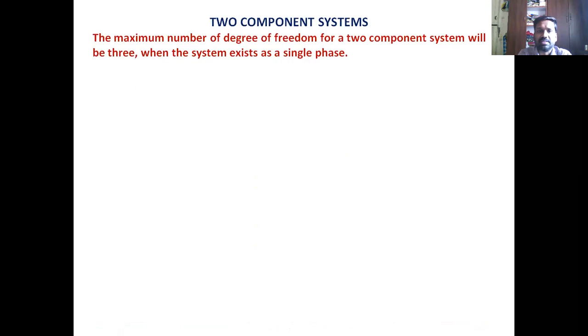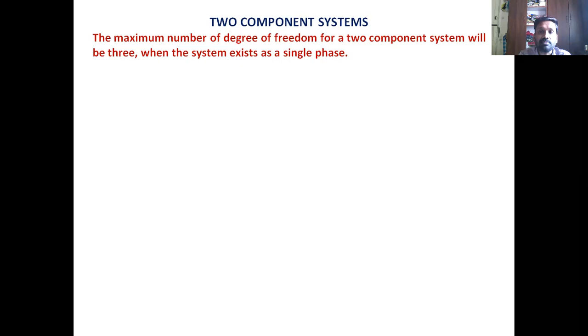What are these two component systems? Water had a single compound in all the phases. This is not H2O. And even sulfur had a single compound in all the phases. Sulfur, element sulfur. But in two component systems, there will be two distinct components, two chemical species in all the